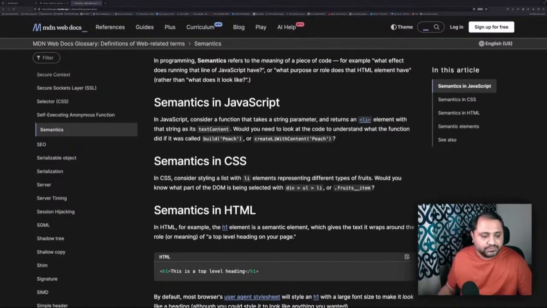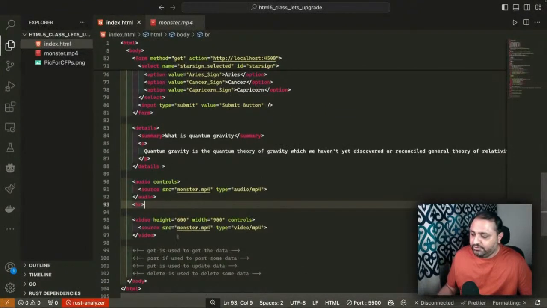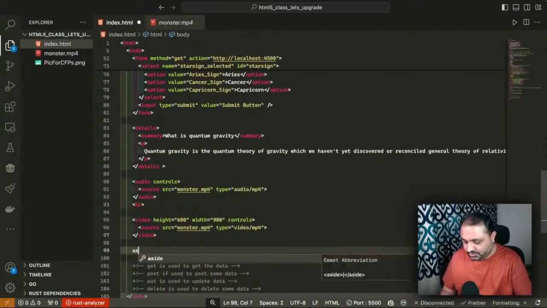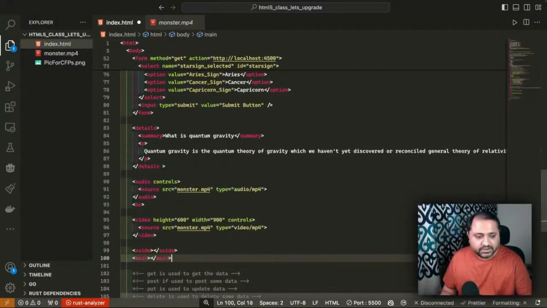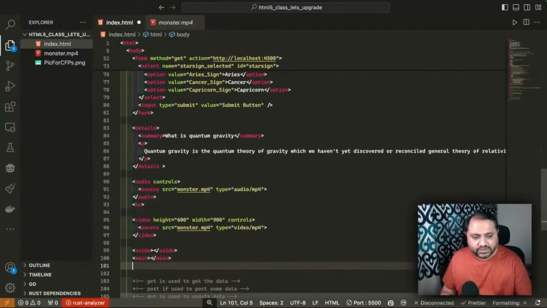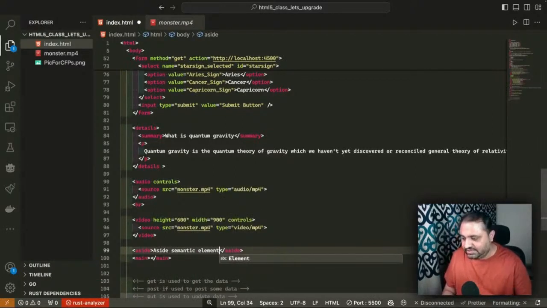So some semantic elements, a lot of semantic elements we have discussed already. Let's talk about a few more. Let's talk about aside, and then there is one called main. We talked about article already, and section already, and nav already, and header and footer already. Aside and main essentially are the two new ones that I want to talk to you about. Again, aside semantic element and